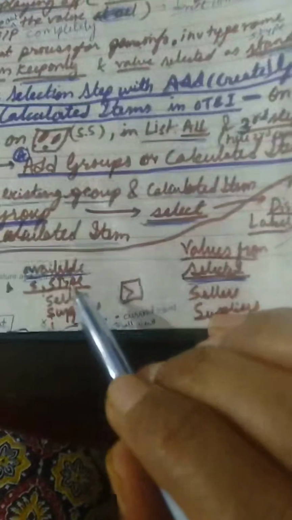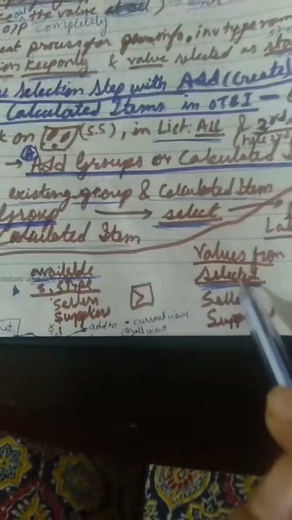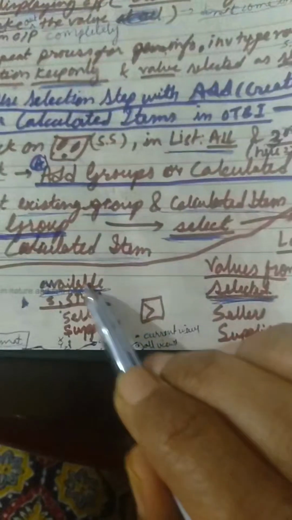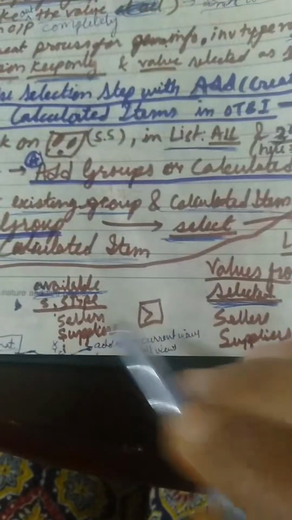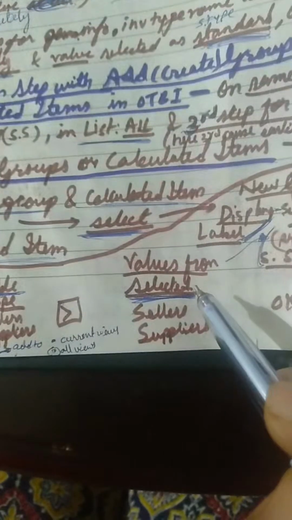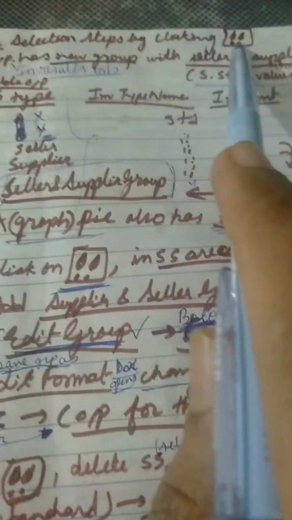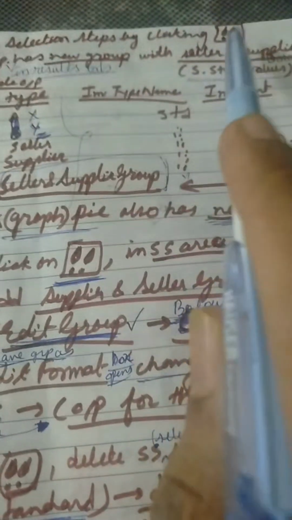Again we'll have two sections, available section and selected section. Now you have A, B, C, D, X, Y, Z and supplier type. I have taken these two, I have clicked on this icon, and I have chosen these two things in the selected section. Click on OK. Again hide the selection step by clicking this icon, same icon. It looks like a shoes icon, so you can easily identify that. Now once you click on the results tab,